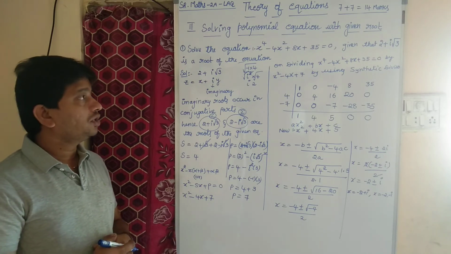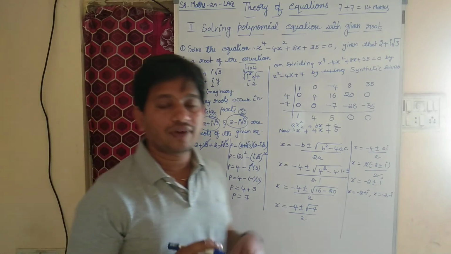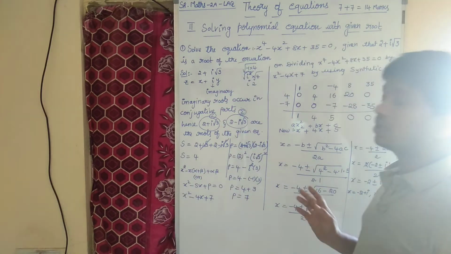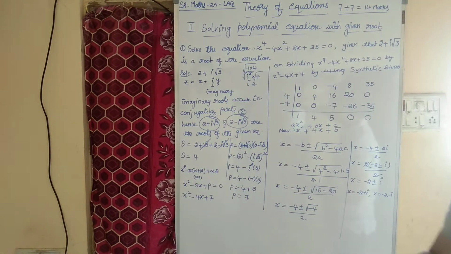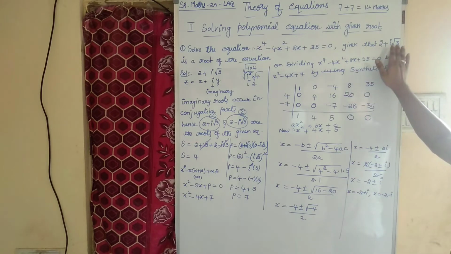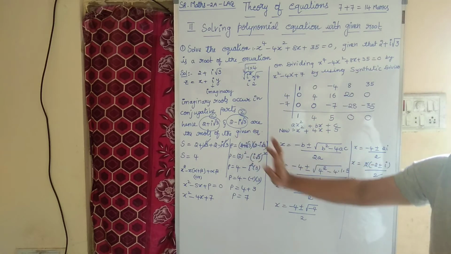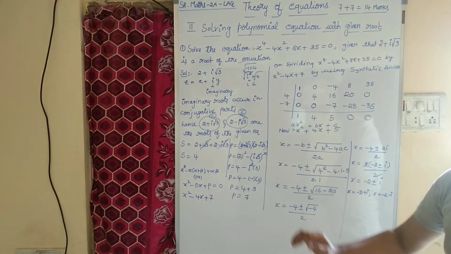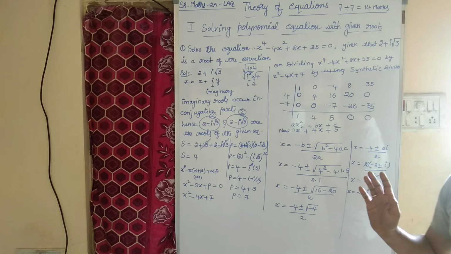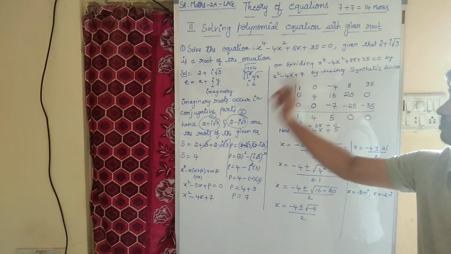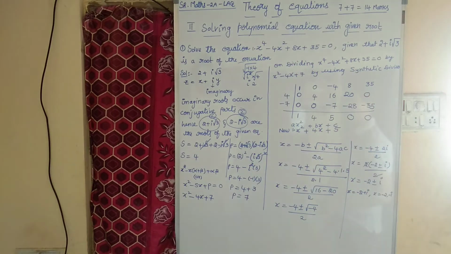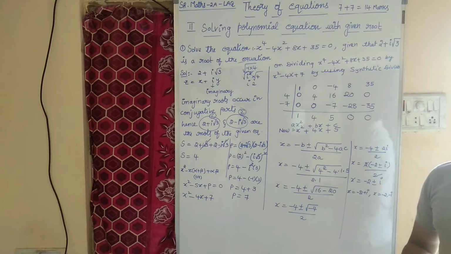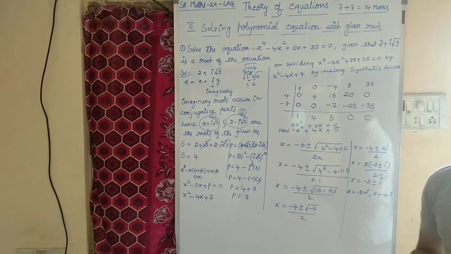Children, did you understand? If it is given one root, how to find the remaining roots? Yes, this topic is also the most important topic and also an easy topic. Simply, if it is given 2 plus i root 3, another root is 2 minus i root 3. And then we need to find sum. And then we need to find product. We need to frame a quadratic equation. We need to divide the given equation by this quadratic equation by using synthetic division. Hence, you will get the two roots. Okay. We will do the second sum so that you will understand the concept very clearly.